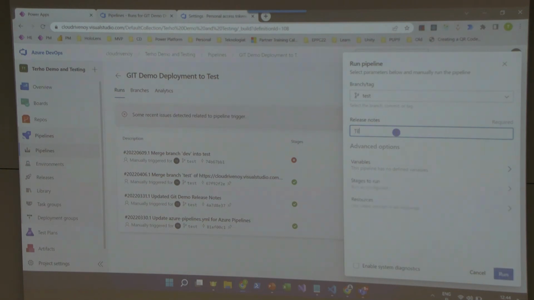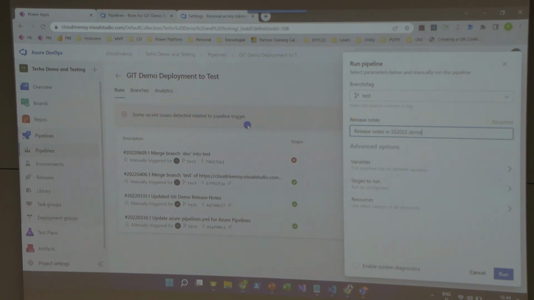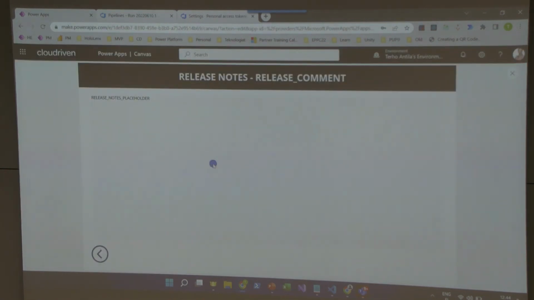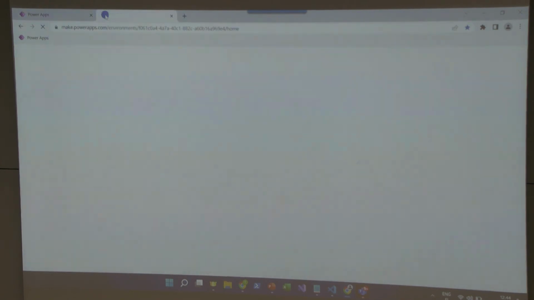And this text here will go in this title area. So this will read release notes dash their release notes in SS2022 demo. And then let's just run it. And now the pipeline will do its magic, and it will take a while. We cannot see the end result, but we can take a look at my earlier end result. So let's take a quick look at that, and then I will walk through the pipeline on a slide that I have,